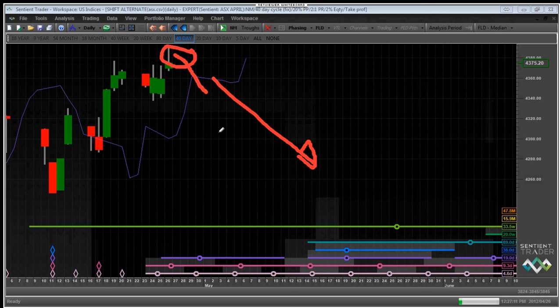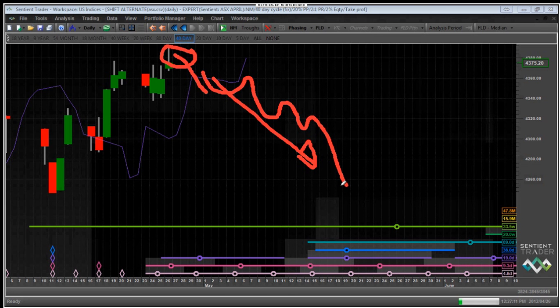Now, of course, the market won't move down in a straight line. It never moves down in a perfectly straight line because of all the shorter cycles that are going to be playing. On its way down, the market is going to form a trough of a 5-day cycle. Then it'll bounce up again. Then a trough of the 10-day cycle. Then it'll bounce up again. And then another trough of a 5-day cycle until finally it forms a trough of the 40-day cycle.